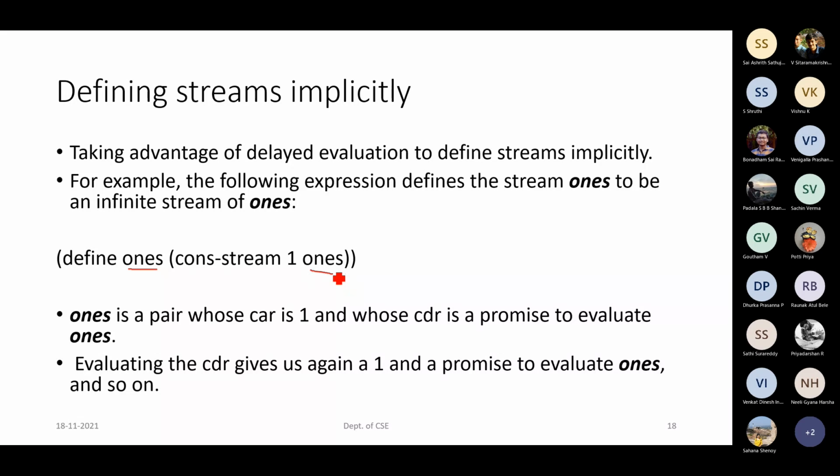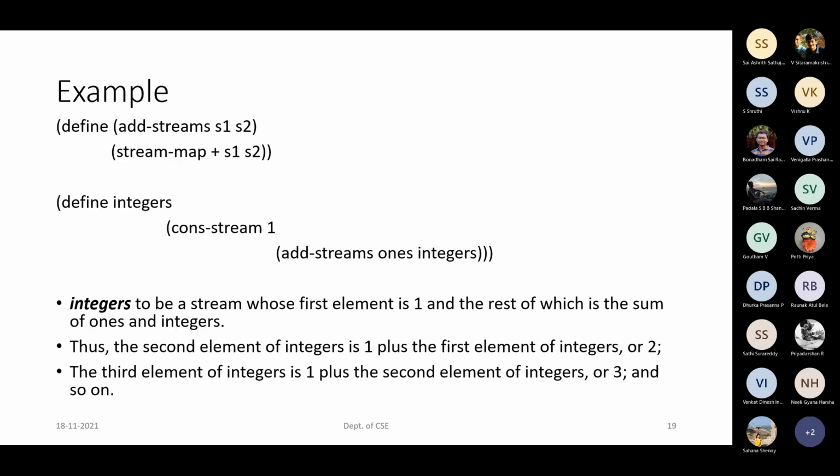This is just with the help of the streams advantage as well as the infinite streams concept. So this variable once can generate as many values 1 as you want. So keeping this variable 1, we can just take one example. Add streams is a procedure where I'm having two variables s1 and s2, and I have just rewritten this map procedure where we have 3 arguments. First one is the operator, that is the procedure as usual.